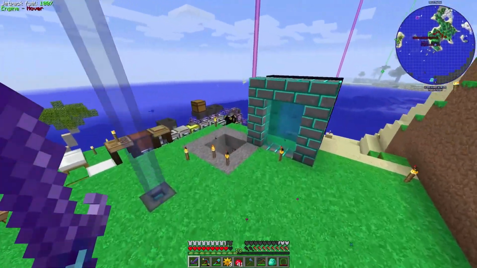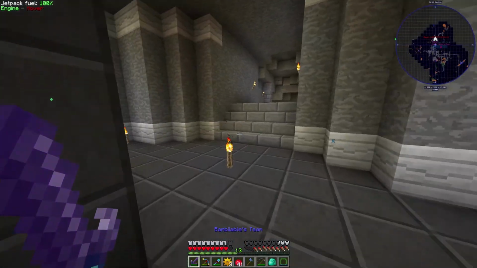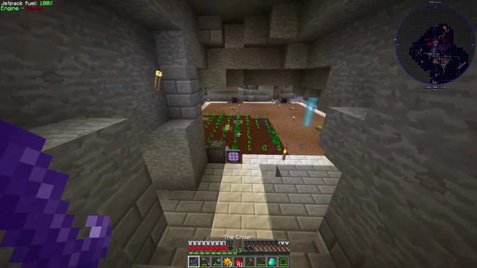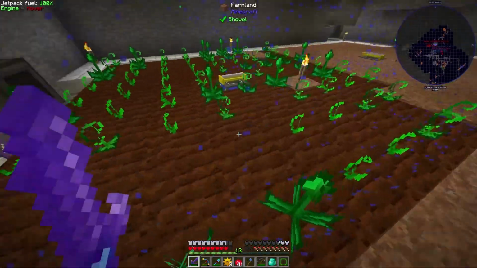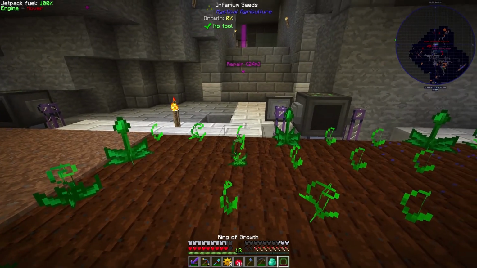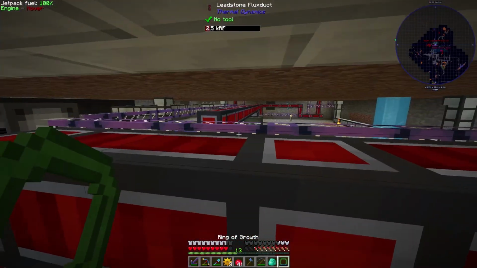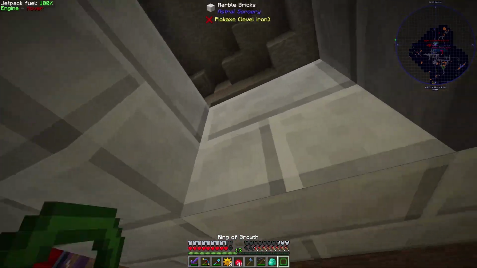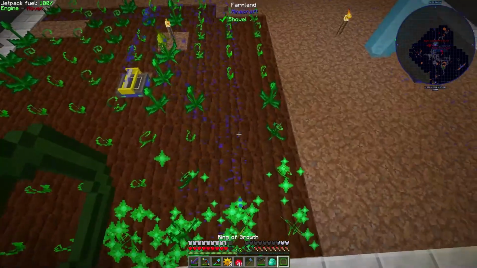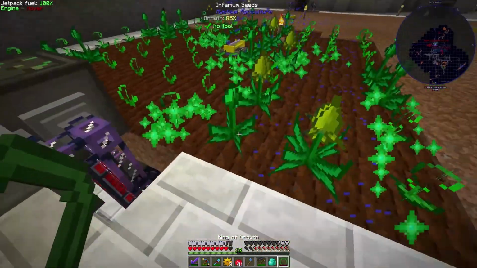Well, we have a couple things to talk about, actually. So, I continued on with this. We now have a full farm of Inferium seeds. Some of these are tier 2. I've been sitting here with this Ring of Growth. I have a wireless charger now under here, over there. So I've been sitting here with this Ring of Growth, letting just Inferium grow so I can build up some seeds. But I realized something,